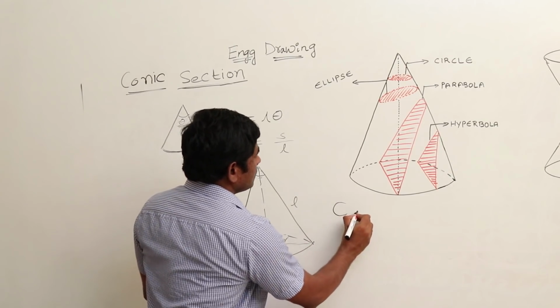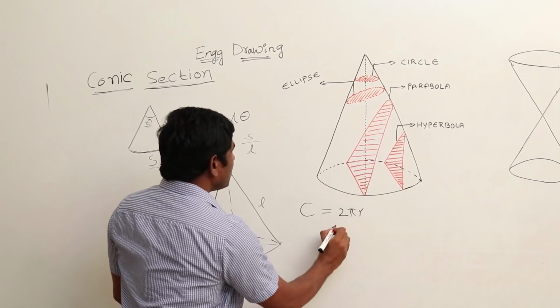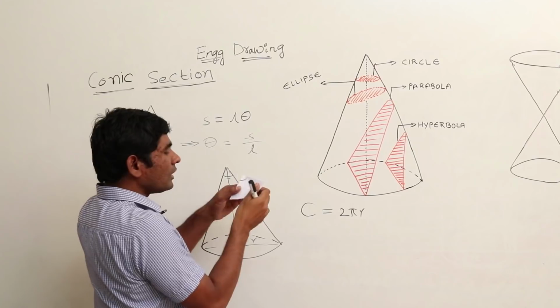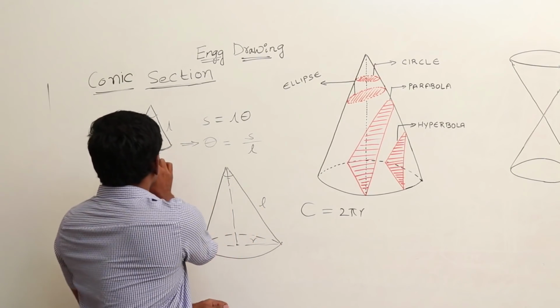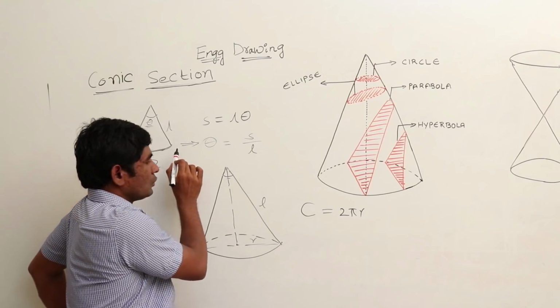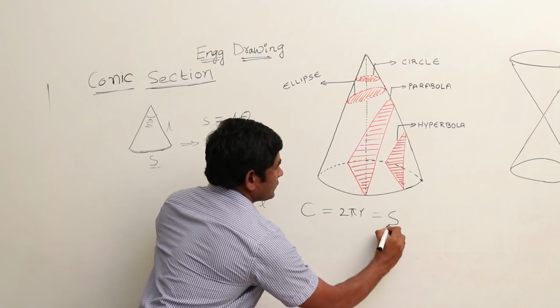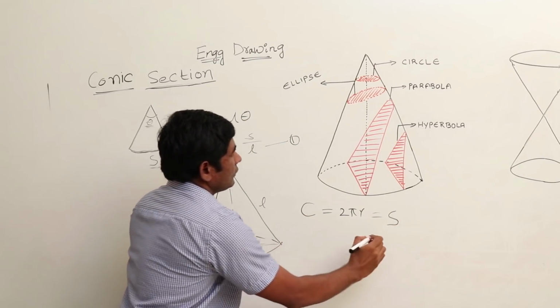Circumference C equals 2 pi r. But here 2 pi r is nothing but this length. Why? Because when I turn it like this, whatever we get at the base is nothing but this one. Let's say this is equation 1,